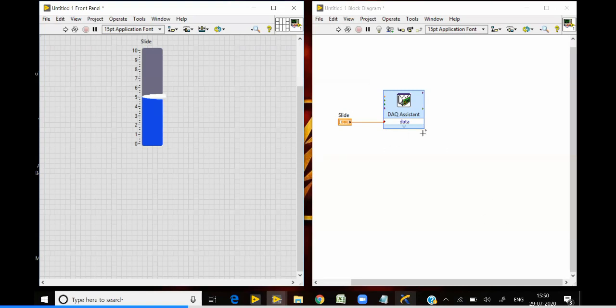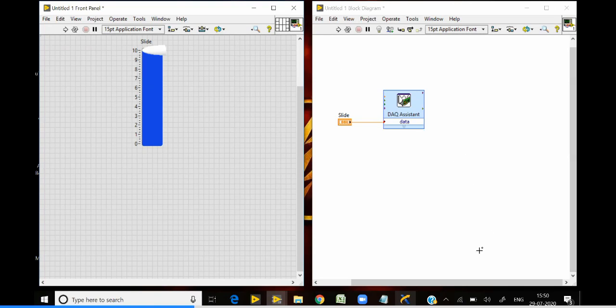Since we have configured it for voltage, whatever input we give here will be generated on that pin. If it is 10 volts, then 10 volts will be generated on that pin. So you can use it to power any external device, or you can power a motor with that. So that one we can use for generating.